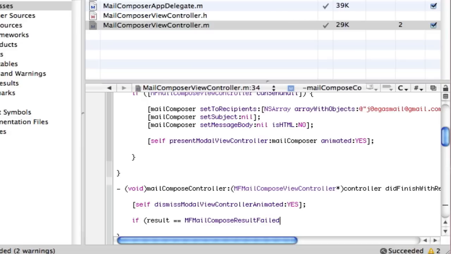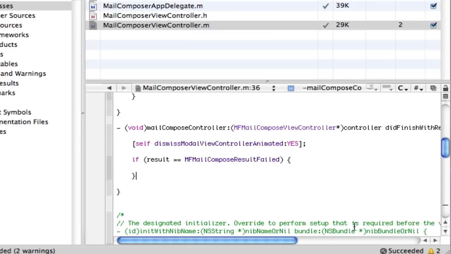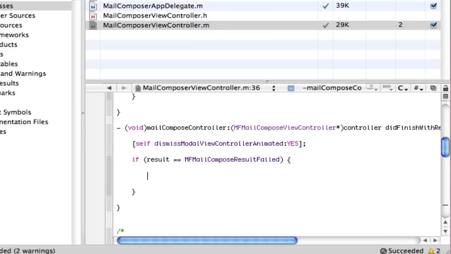Alright, now what that means, in basic words, is if the message cannot send. So pretty much that's saying if the person's not connected to the internet, if they don't have an email account set up, if there's something wrong, a message is going to display saying it cannot send. So we're going to be using an alert. So UI alert star alert equals two open brackets UI alert view alloc close bracket,